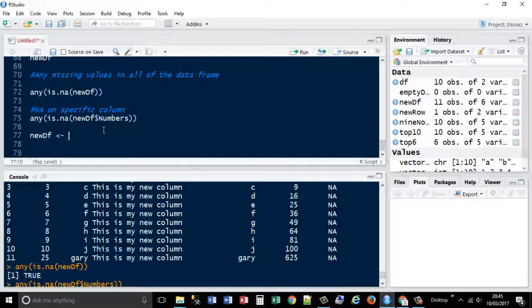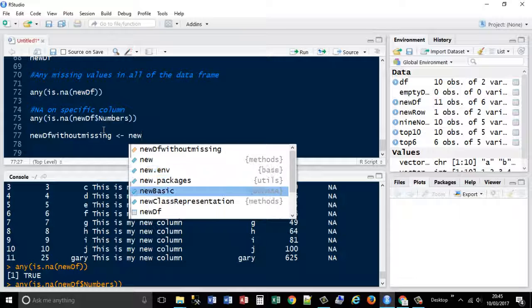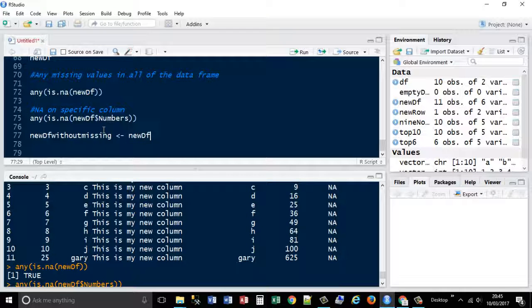I'm going to say df without missing, so I take a copy of my old data frame, new df, which is the new data frame that we copied from the original data frame. I'm going to use index notation and say not is.na,